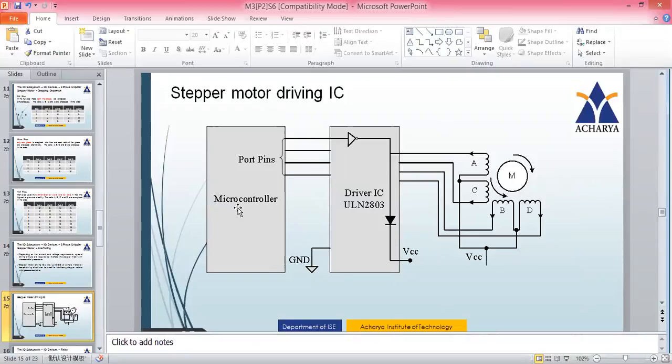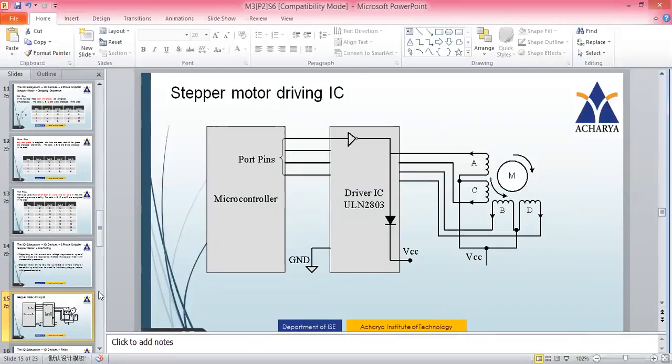If a microcontroller wants to rotate the motor clockwise or anti-clockwise, it has to send data to the stepper motor. For that purpose, it has to make use of the port pins. Using those 8-bit ports, we send the data so that it rotates clockwise, or you can make it rotate anti-clockwise. This can be done by making use of the driver IC.